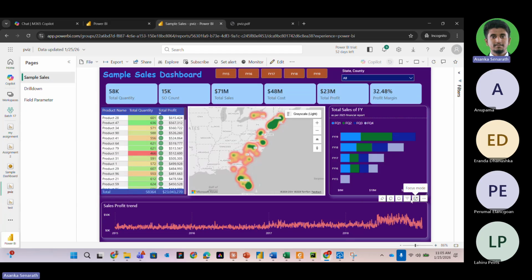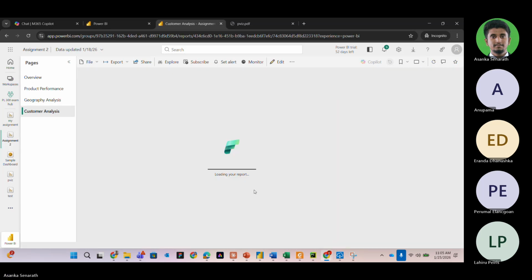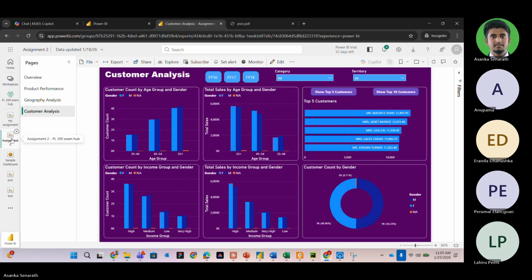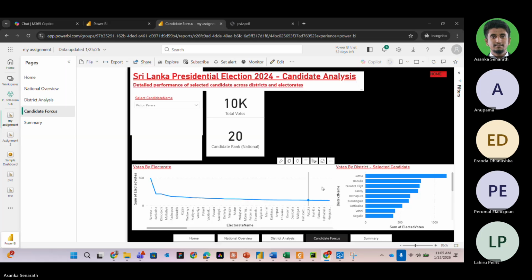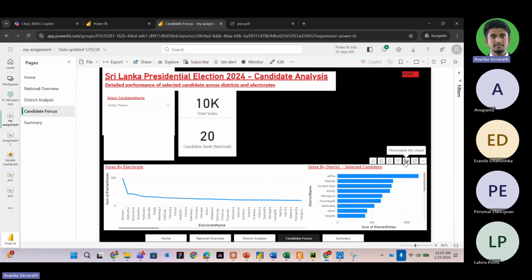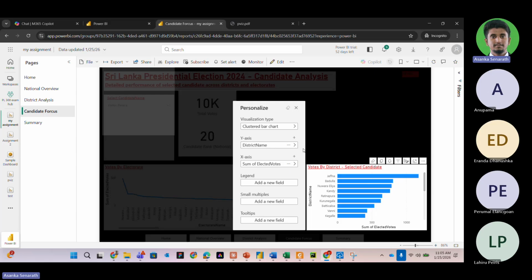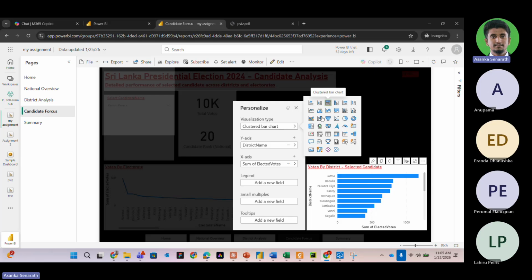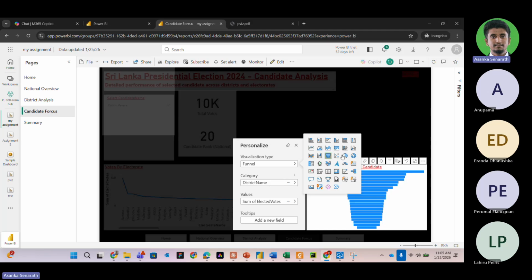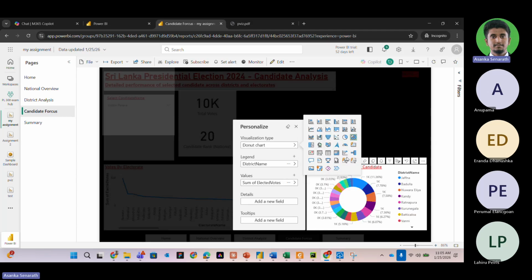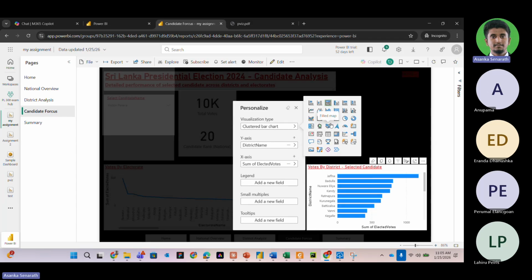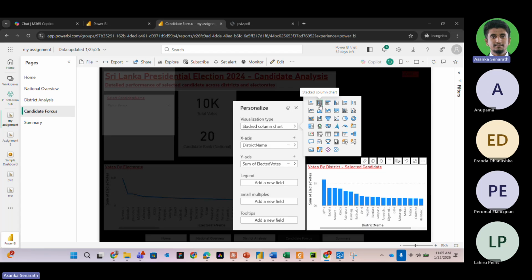Before the focus mode, there was an icon. Here you can see that icon. If you click on that icon, you will be able to change this. So if you don't like the clustered bar chart, you can change it to a panel chart, or you can change it to a pie chart. It's up to you. Like this, you can change the way you want to see the data. The users will be able to change the data with minimum effort.